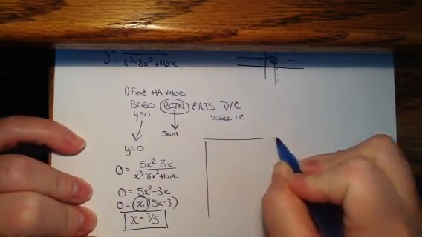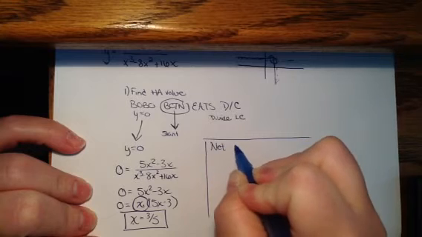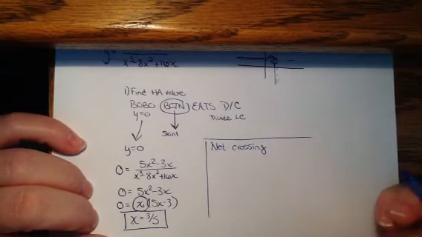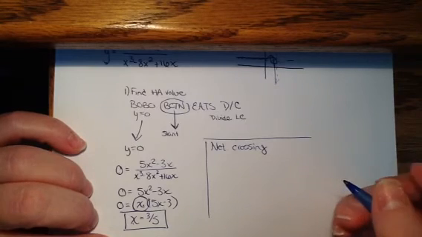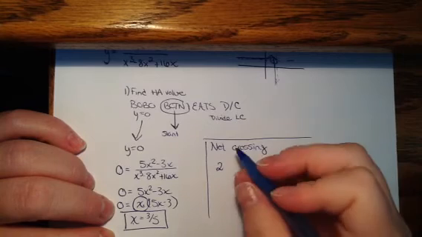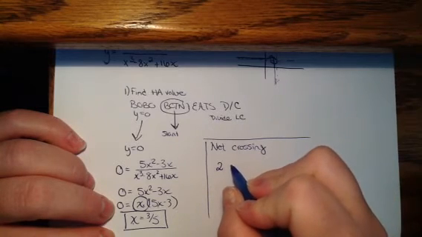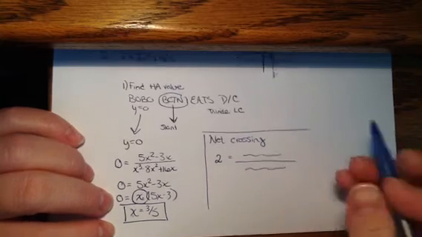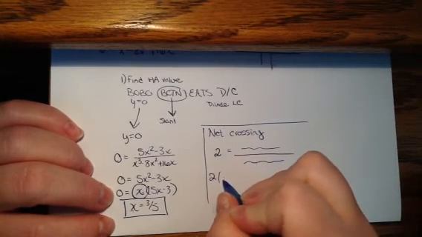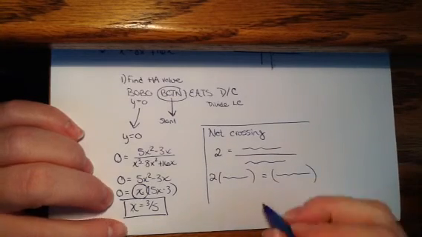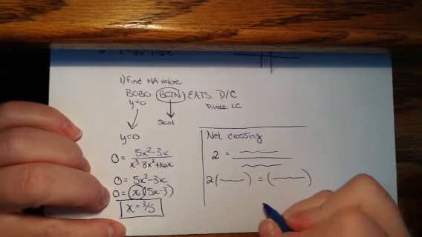So let's say you didn't cross the horizontal asymptote. What that would look like is, let's say, for example, my horizontal asymptote was, let's not use 0. Let's say it was 2. And then you had some equation over here. So you'd multiply this over and have 2 times stuff equals stuff, and you'd solve it out. If you get something like,